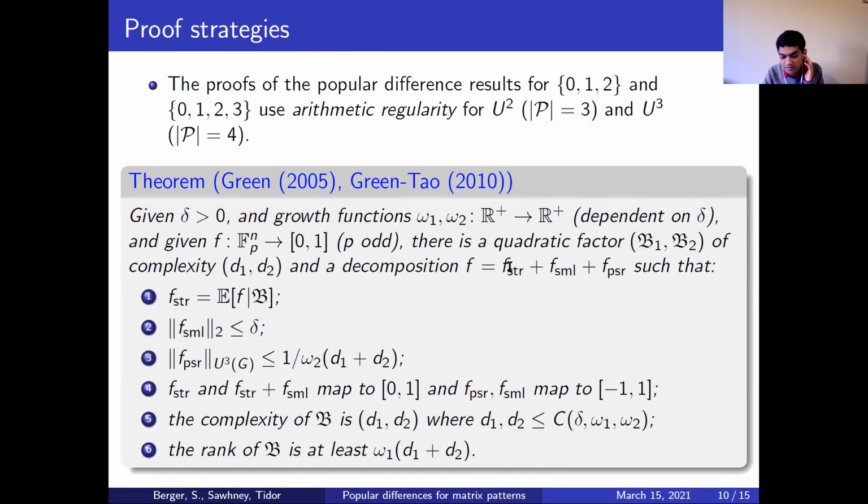So what that means is you can basically look at some finite amount of information about, let's say, our input vector x in F_p^n, and then output some function of that finite amount of information. And in fact, I can tell you what that information is. So here B1, B2, I have a quadratic, what's called a quadratic factor, and all you really need to know is B1 is a list of vectors which define linear forms, and B2 is some bounded list of quadratic forms, so